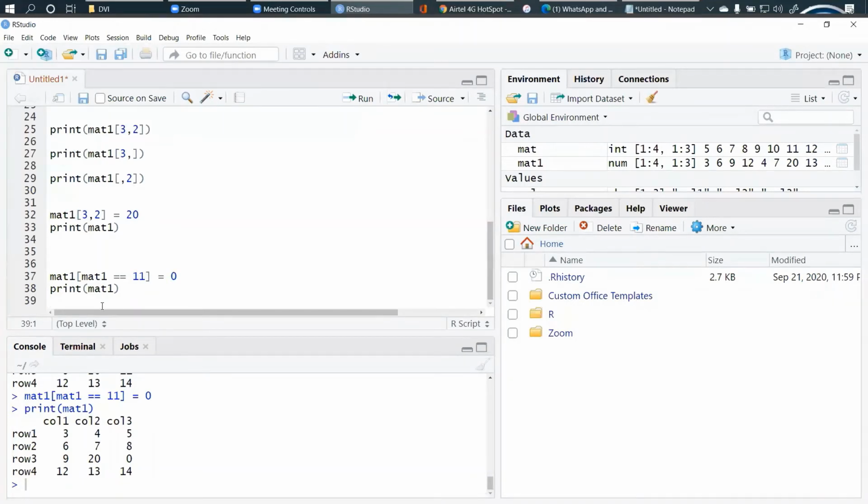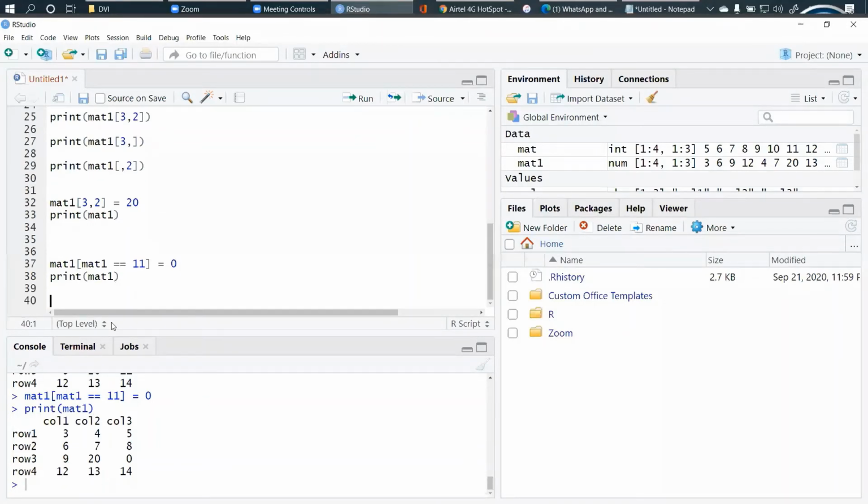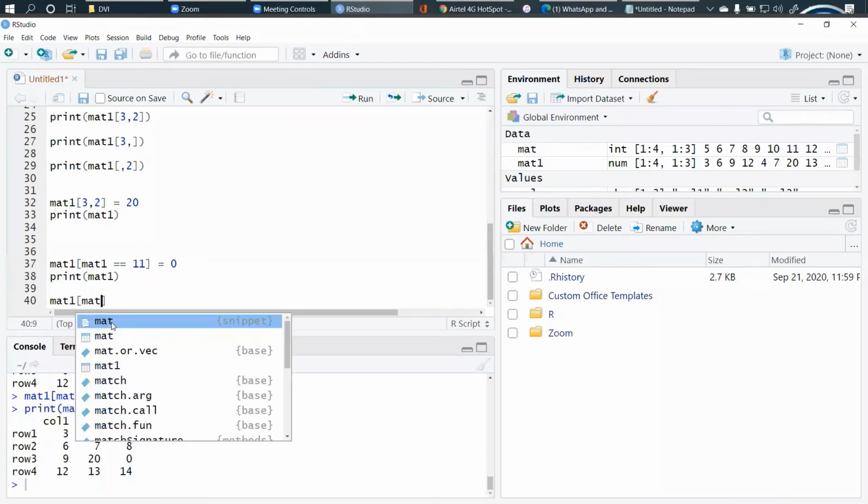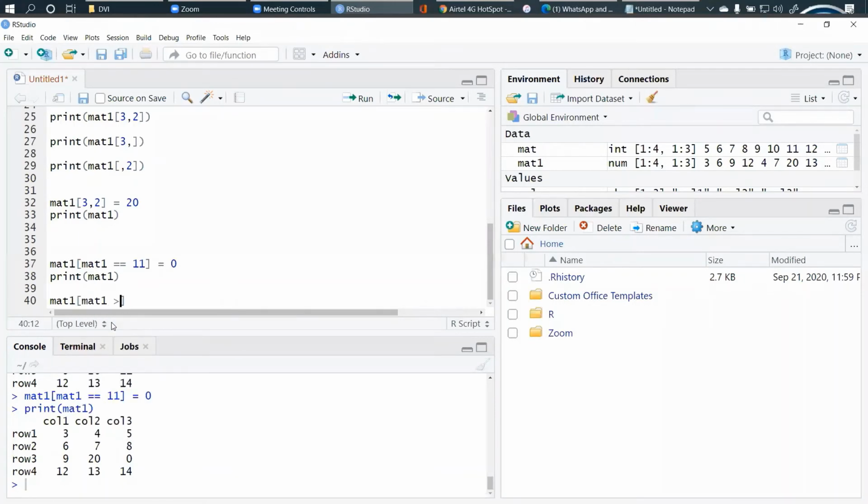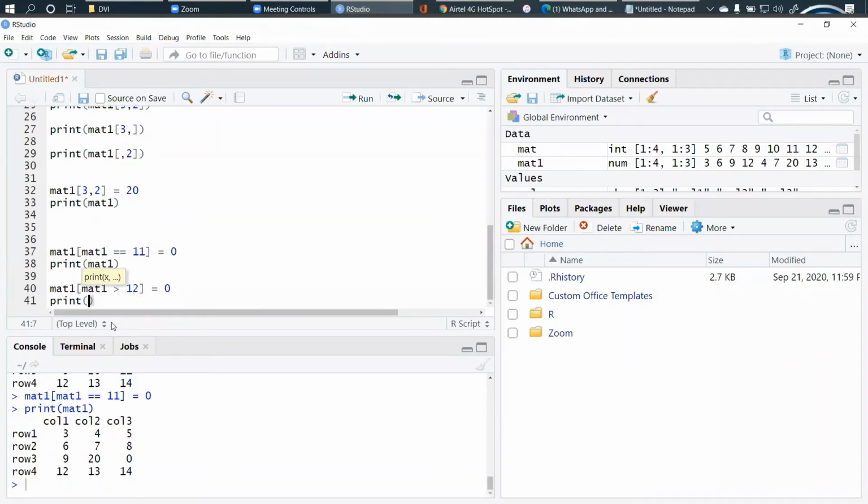Right? Similarly, we can also use greater than, less than, right? So now you can see here, if I'm having 12 at this position and I'll replace something as mat1 greater than 12, set that to 0. Load this.